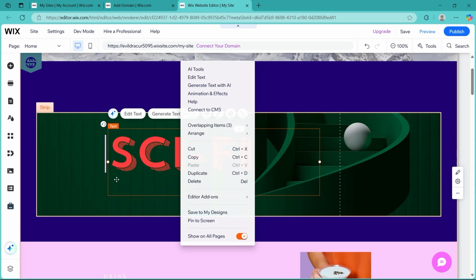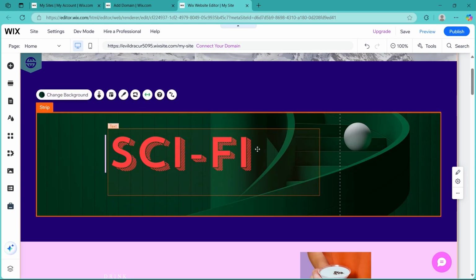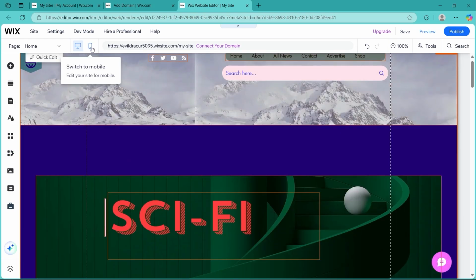Now, sometimes other elements like images or sections might be covering the text, so ensure that there's no other elements obstructing the text visibility. In the Wix editor, use the layers panel accessible from the top bar to arrange other layer element. Now, navigate to mobile view by clicking on the mobile icon and if the text is hidden or